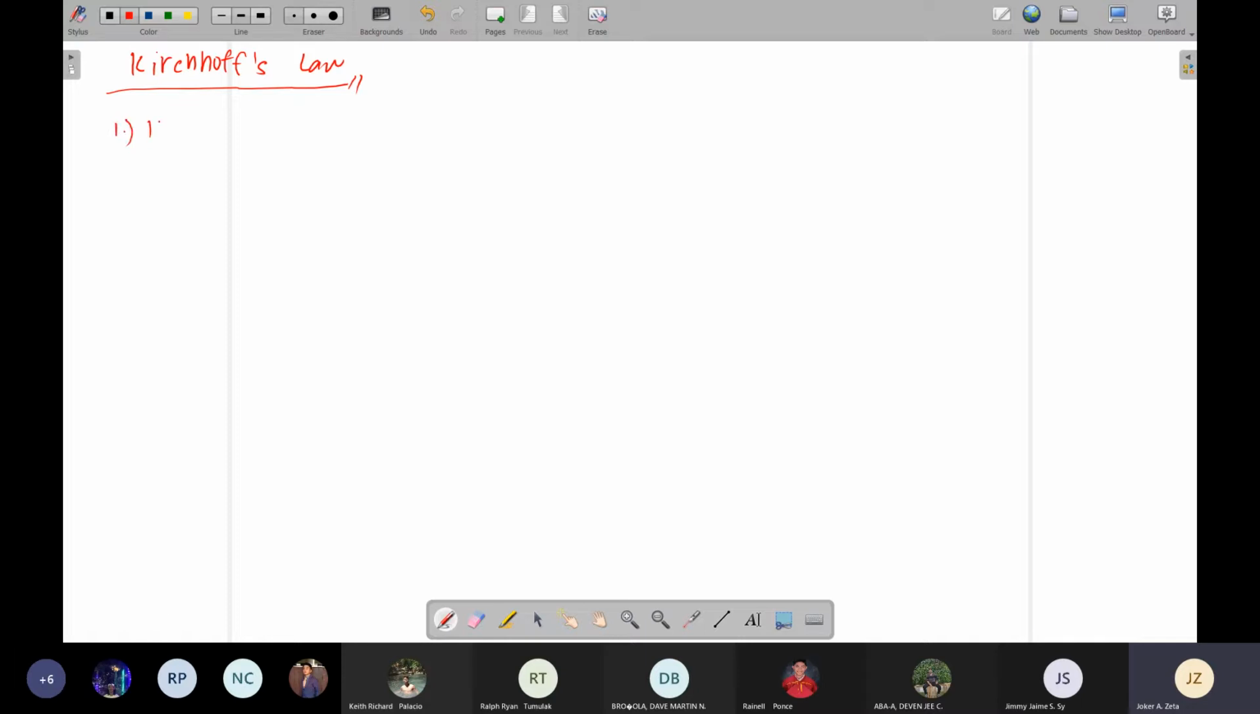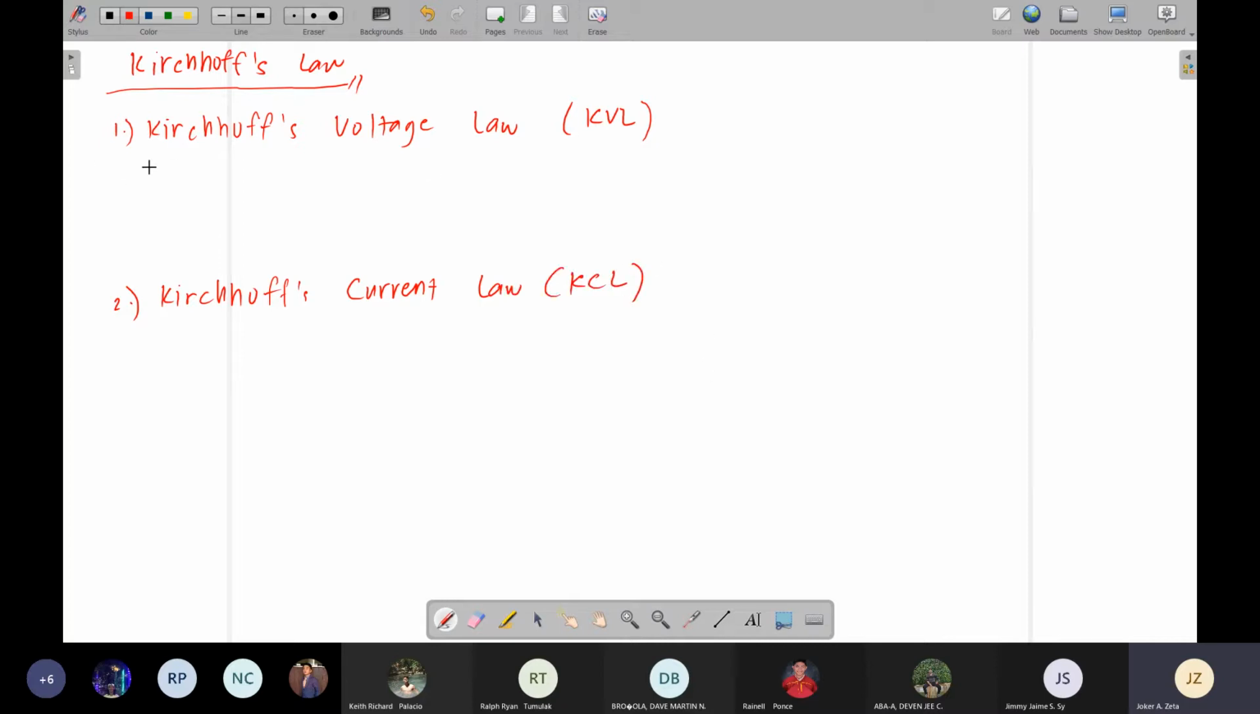So number one is called Kirchhoff's voltage law or KVL. And then the second one is called Kirchhoff's current law or KCL. Now, what are these two? For Kirchhoff's voltage law, it's all related to voltage. And of course, for Kirchhoff's current law, it's all related to current. So for Kirchhoff's voltage law, you will have